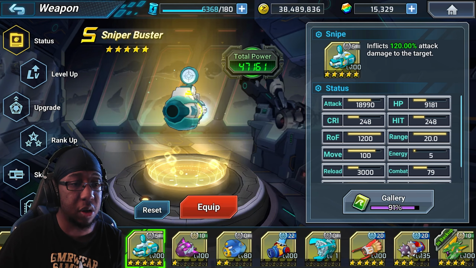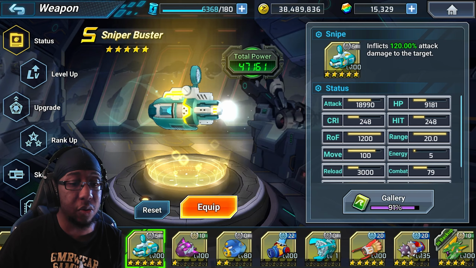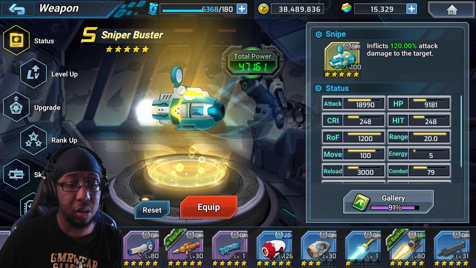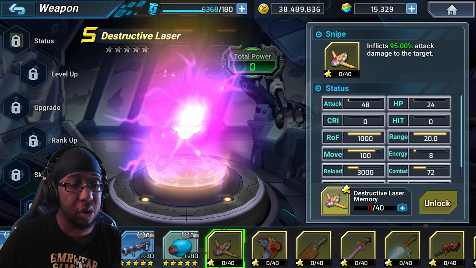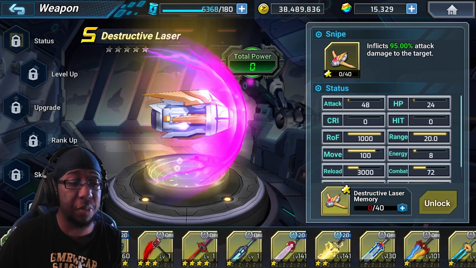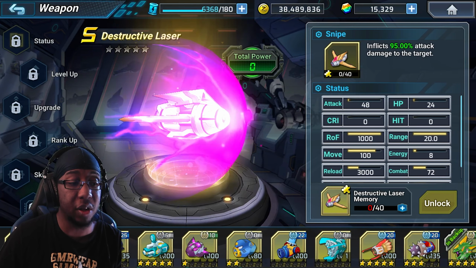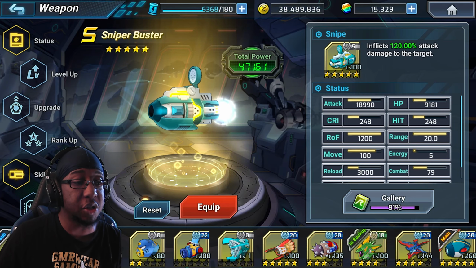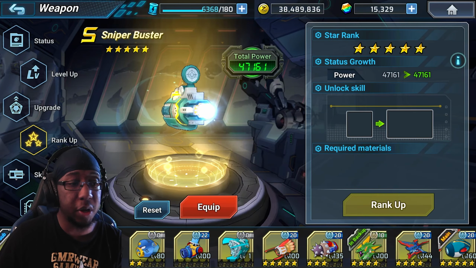Sniper Buster as well. Sniper Buster is a good buster. If you don't have explosive bolt, this is a good option alongside the destructive laser back here as well. This is a limited weapon though, so just be careful if you want to get that, you're going to have to be pulling on the limited weapon banners. And the Sniper Buster can actually be gotten for free because